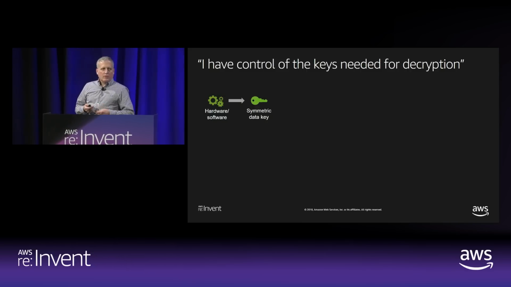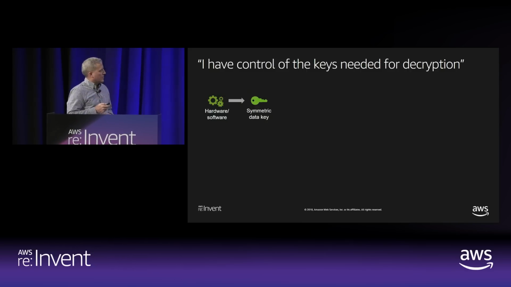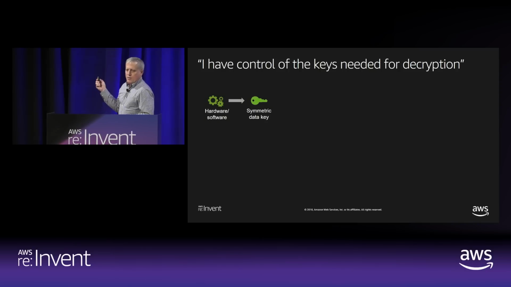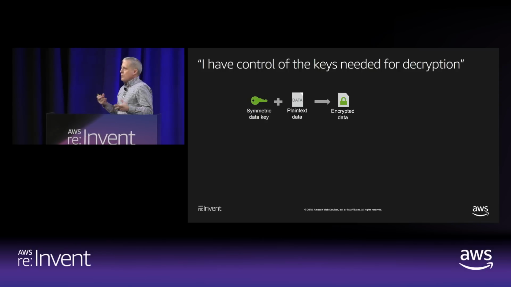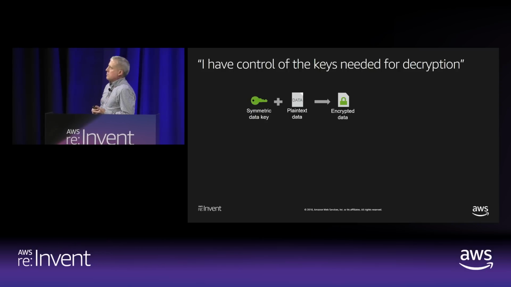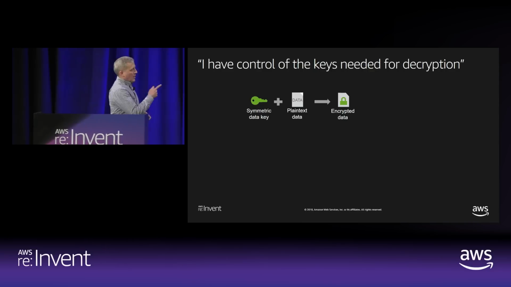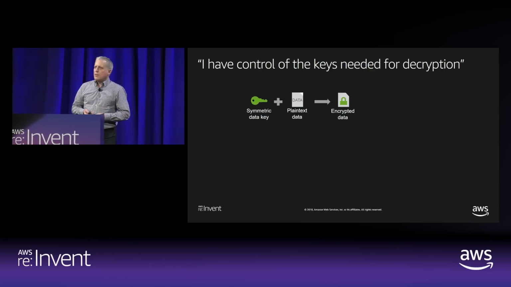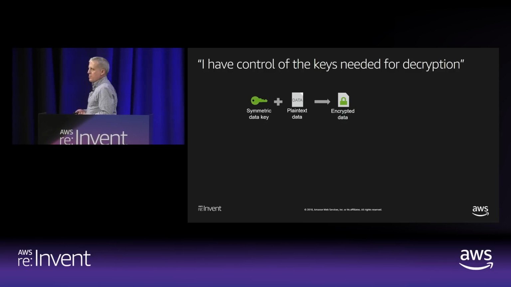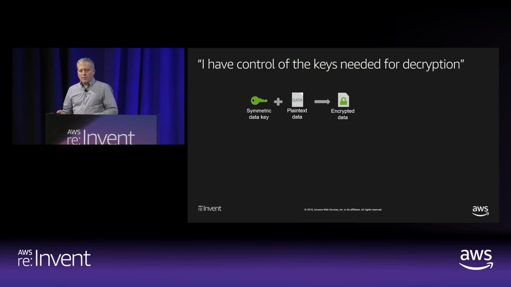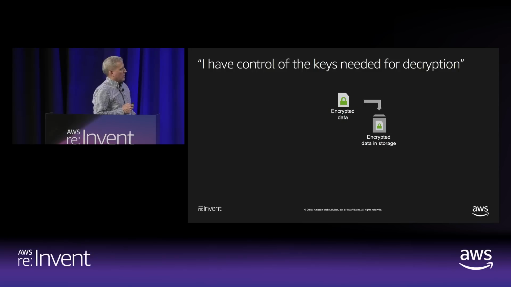So with symmetric key encryption, this animation I've done several times in the past. So follow along. You take a key, you take an algorithm, you apply it to your data, you get ciphertext. That ciphertext can be stored anywhere on the planet. You trust that the use of a 256-bit key under the AES algorithm is going to produce ciphertext that is practically impossible for someone to brute force attack. Great. Store that wherever you want.